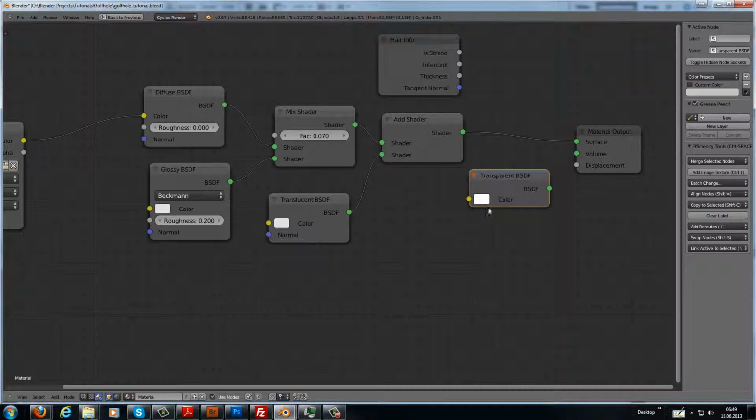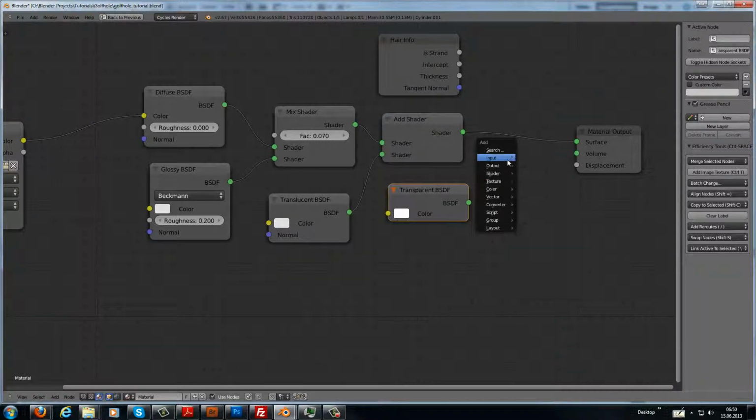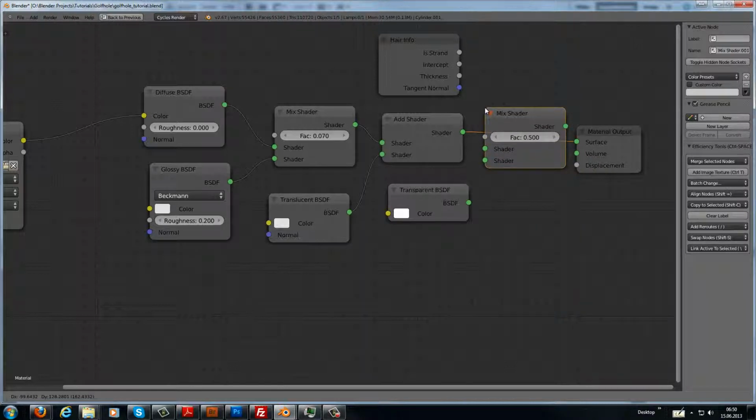Okay, and these two nodes are going to a mix shader right now. Put it in here. The factor comes from the intercept of the hair info, and the transparency comes from the transparent node. Okay,